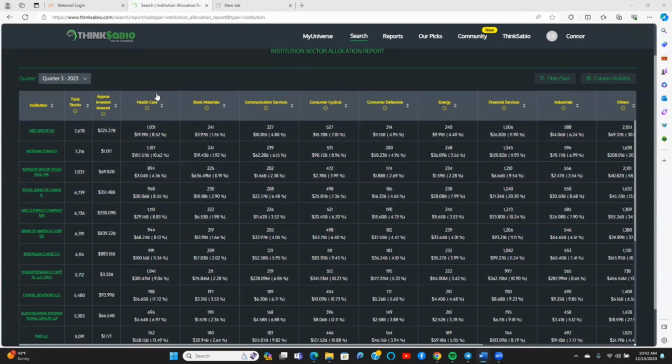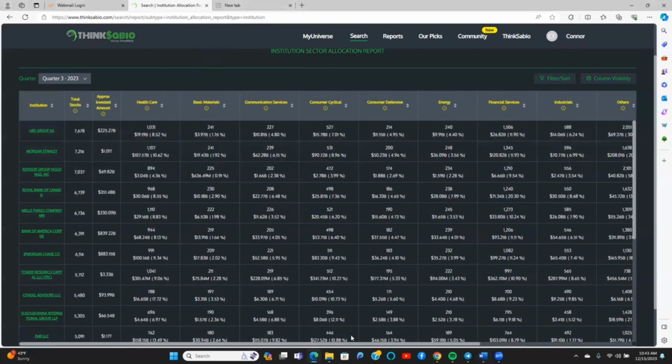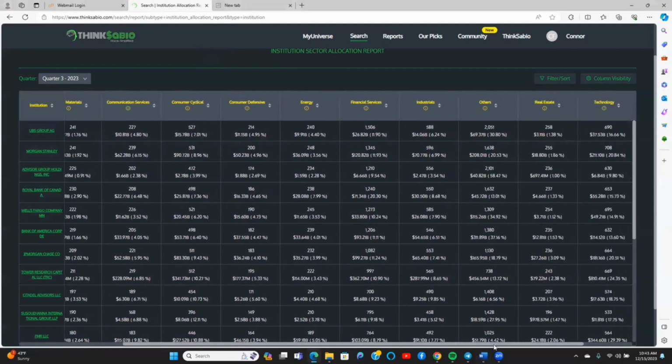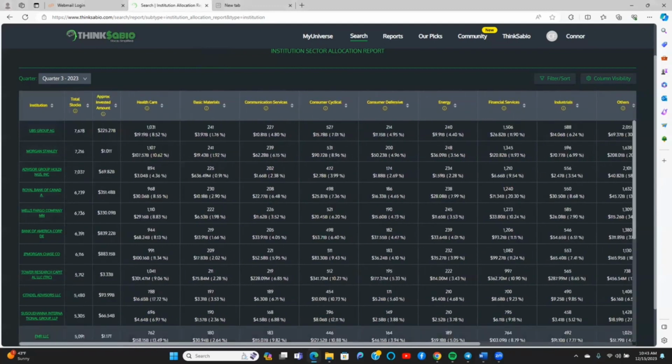And then we go into each sector. The first one we see is healthcare, and then from there it's listed in alphabetical order. So I'll take you through. We've got healthcare, basic materials, communication services, consumer cyclical, consumer defensive, and then all the way down to technology and utilities. So what this allows you to see is just how each individual institution is allocating its